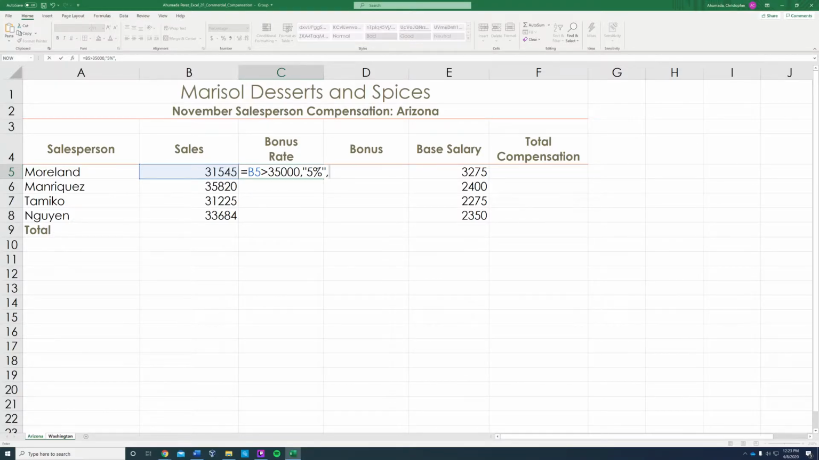So the second function, we're going to type in B5 is greater than 25,000, comma. It's going to show up 4% with quotation marks, then a comma. For the last function, we're going to type in B5 is greater than 0, comma. We're going to show 2%. And we're going to end it with